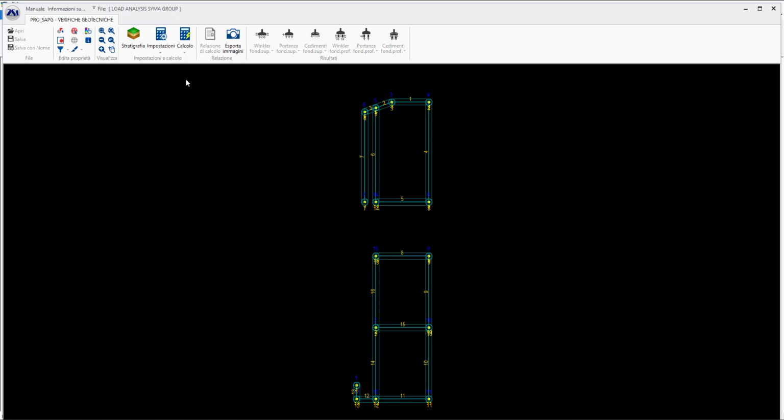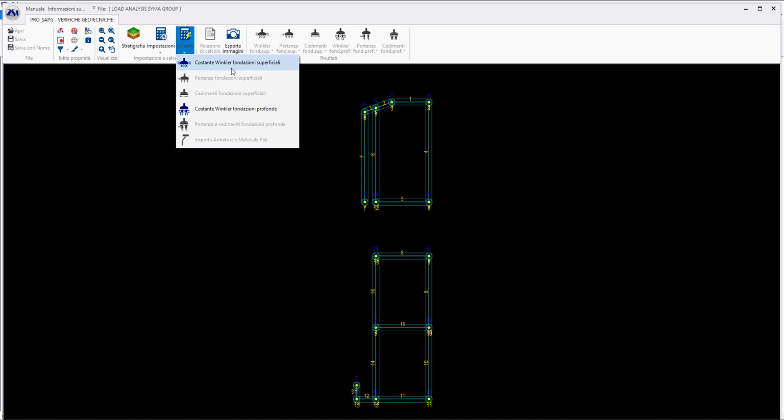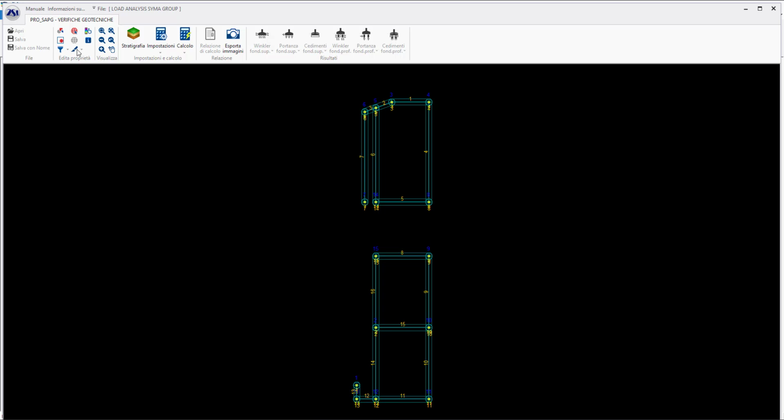Okay, basically here you can calculate with this command the K-Winkler. Also that program is only in Italian, but there's not too much to do in there, so there are a few commands that you can easily use even if in Italian.